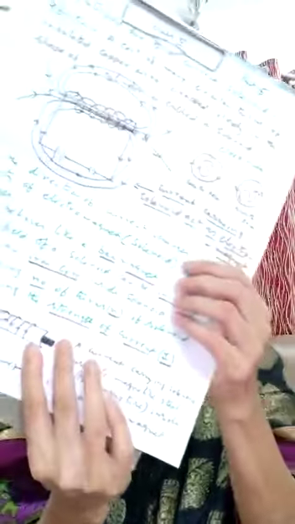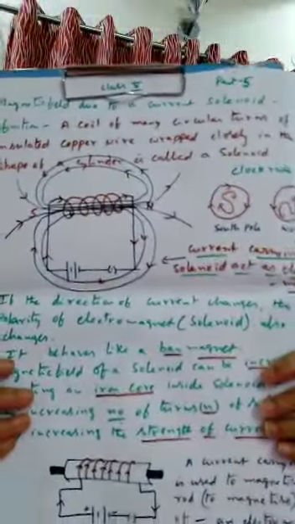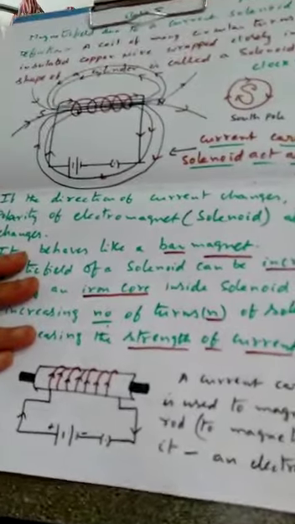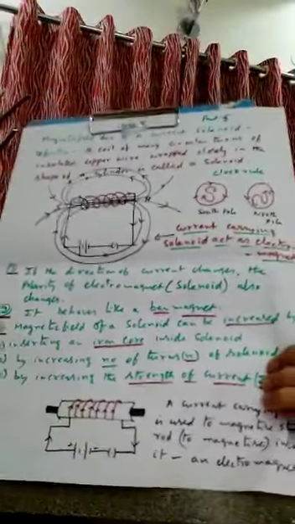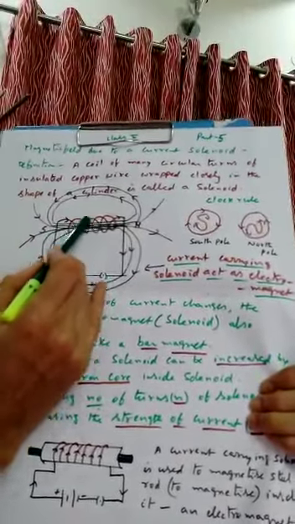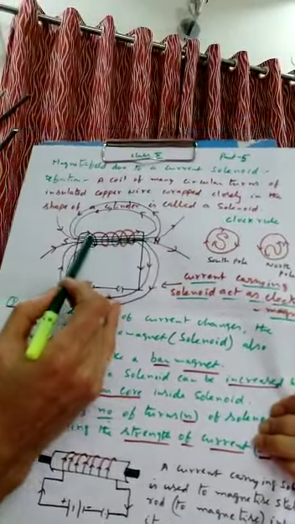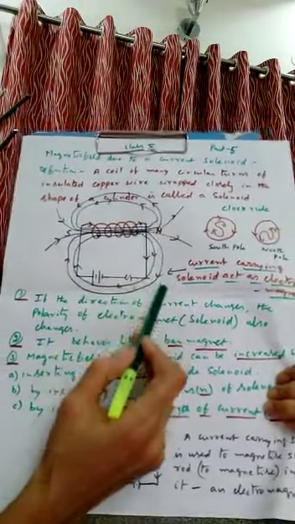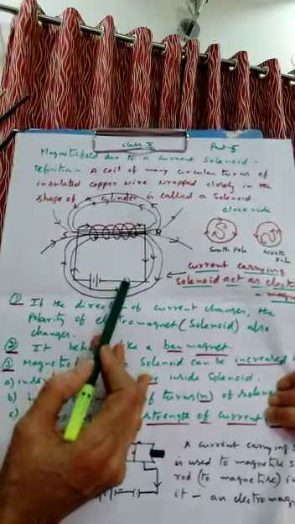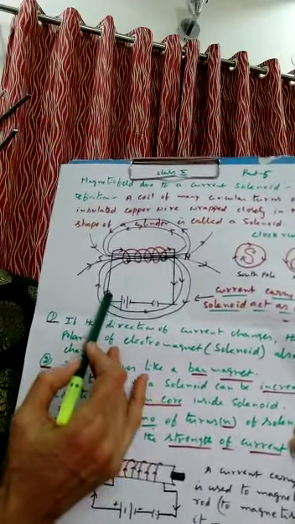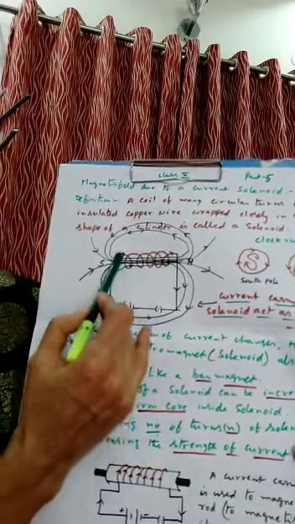What is the shape of the solenoid? I told you it is a cylinder. We know that. I have drawn the diagrams here. You can see here. This is a solenoid. An insulated copper wire is closely wound. The first end is connected to the positive terminal of the battery and the second end is connected to the negative terminal of the battery through a key. When the key is inserted here, then what happens? Current flows in this way.